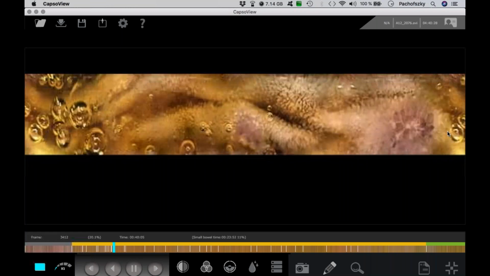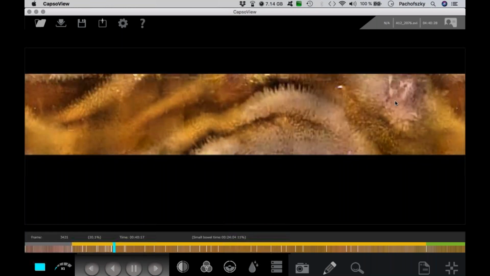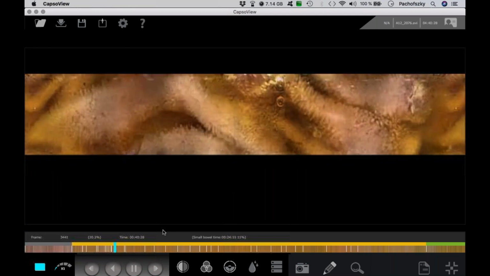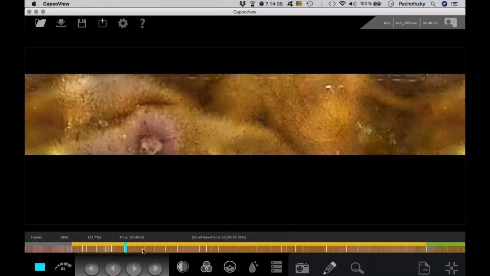Here also bigger lesion in this area. So we have some aftoid lesions, some ulcers, but we will go to the main thing, and I will show you here